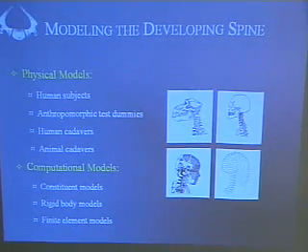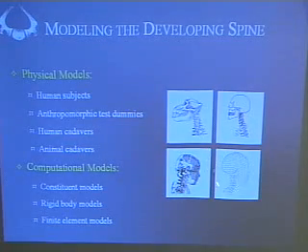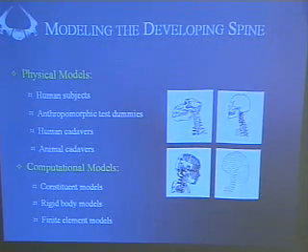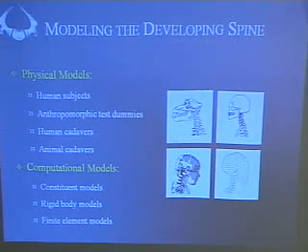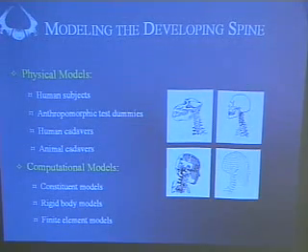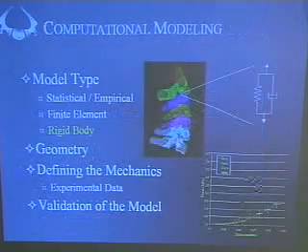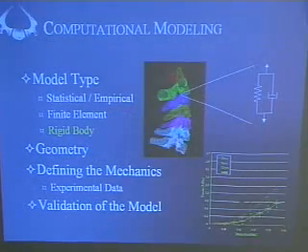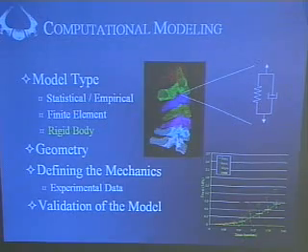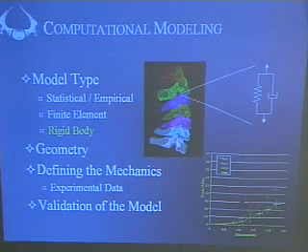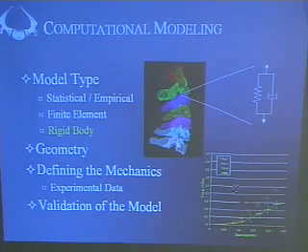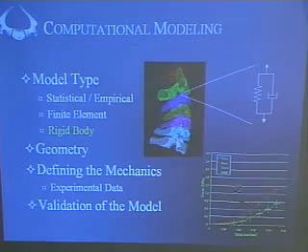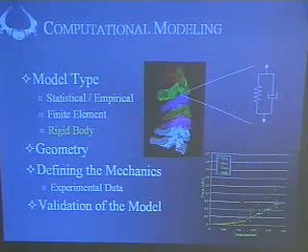And then we apply those characteristics to both computational models as well as anthropomorphic test dummies, which we are all probably familiar with in automobile situations, to give them real values so that they can assess something when they receive a crash input. It's this relationship that I'm going to be talking about in terms of computational model development. What I'd like to walk you through is the process of developing this model, the choices that we made in terms of the type of model, and how those aspects were affected by the experimental data that we collected.